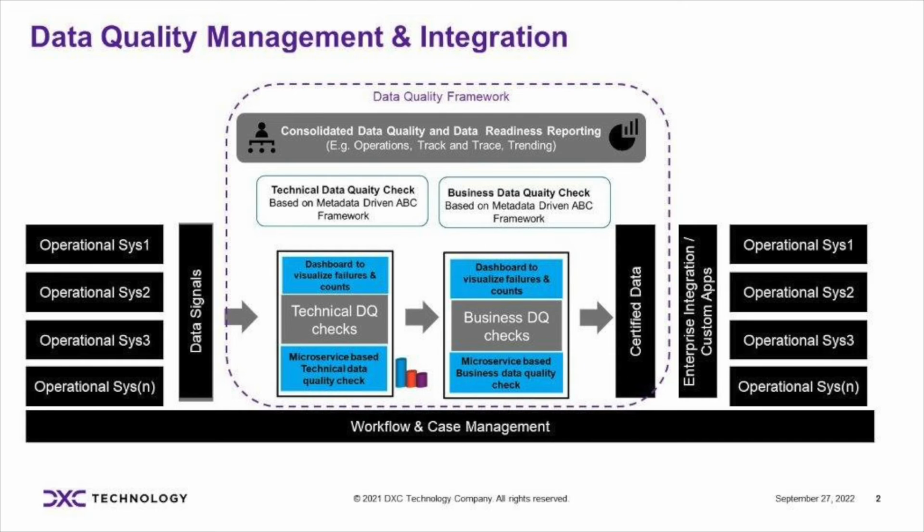The second category is the business checks, which are on the right-hand side. What you see is about the ad hoc way of executing some checks on the data, which can be executed by a steward or operations team for spot checking data for an event or a particular one-off scenario. For this, we have built a self-service portal for data quality checks, which users can configure, which generates an API endpoint and a microservice, and that can be invoked through an ADF pipeline to execute on a desired